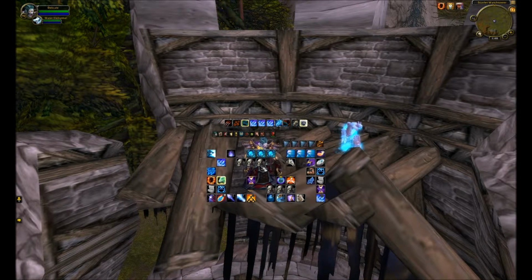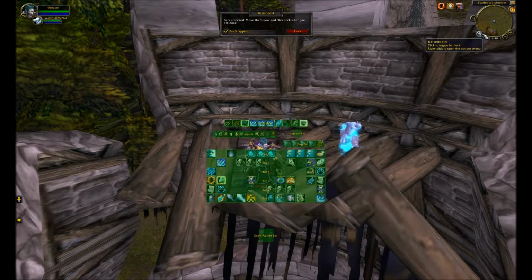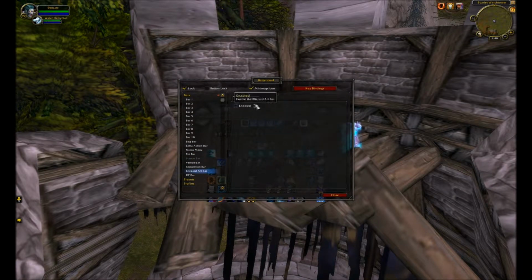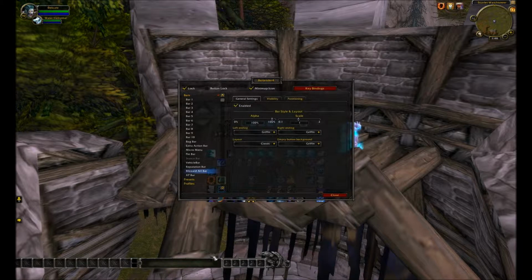This is how, in some cases, it will show up. Other times, it will show up like down here. It'll kind of give you the standard Blizzard user interface. It'll actually show you... oops, no, that's not what I meant to do. Ta-da! So, all right. Sometimes it'll show you the Blizzard art bar, and then it'll have everything sort of